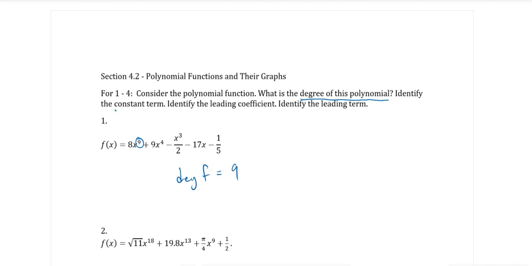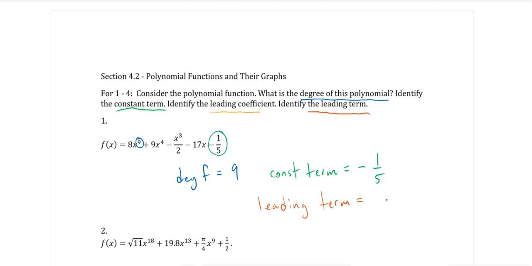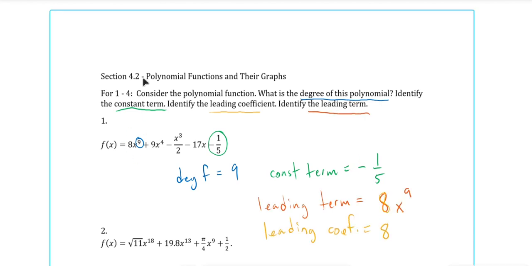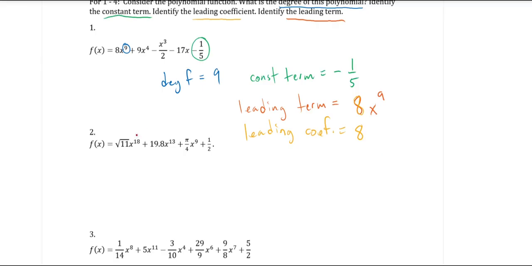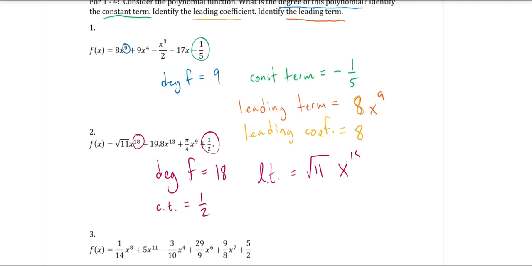The constant term is going to be this right here, negative sign and all. The leading coefficient is the coefficient of the term of largest degree, and it is the 8 from this term. For the next one, our largest exponent is this 18. So the degree of the polynomial is 18. The constant term is down here at the end, 1/2. The leading term is going to be this radical 11, x to the 18, and the leading coefficient will be